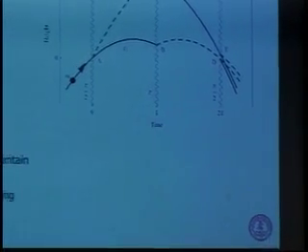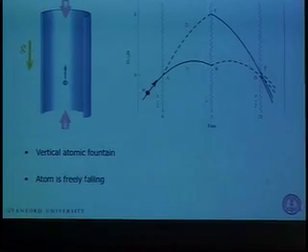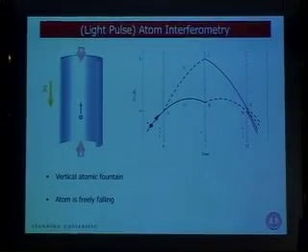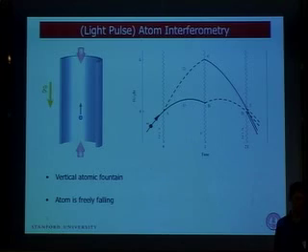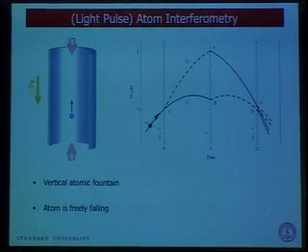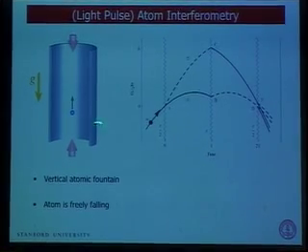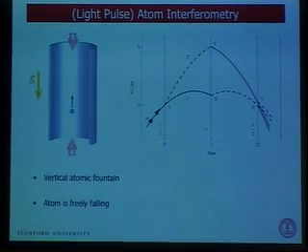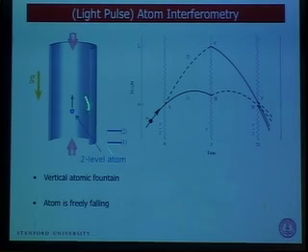Okay, a brief introduction on the experimental technique. Everything I'm going to be talking about is light pulse atom interferometry. We have a vertical atomic fountain, and the atom is freely falling, inertial in this system. We can treat it as a two-level system, and drive Rabi oscillations between the two levels. That gives us a convenient method to make beam splitters and mirrors to build a space-time interferometer,